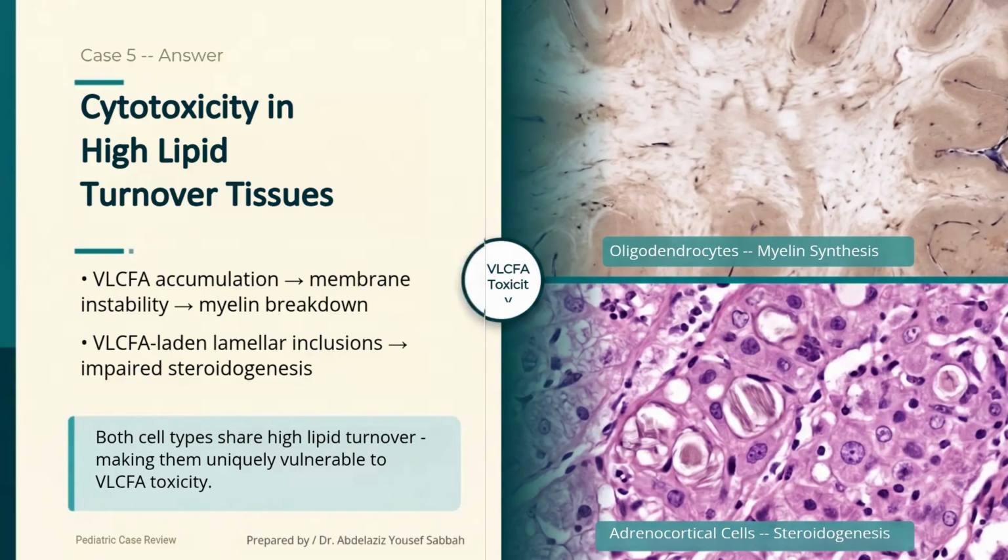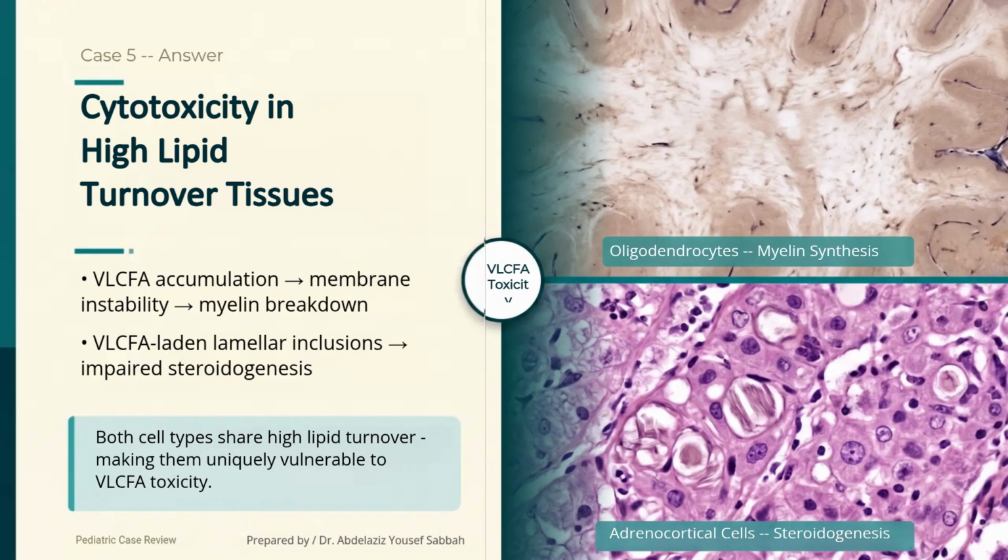The correct answer is option A, oligodendrocytes and adrenocortical cells. Both of these cell types share a very high rate of lipid turnover, and that is exactly what makes them uniquely vulnerable. Oligodendrocytes are responsible for synthesizing and maintaining myelin, so the accumulation of very long-chain fatty acids causes membrane